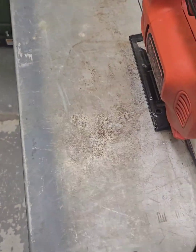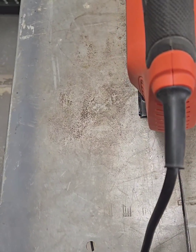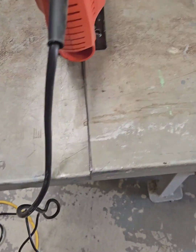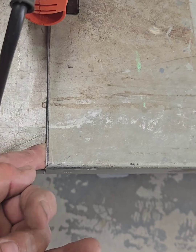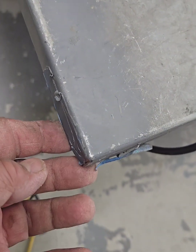And now trimming the metal off one side here. This is a nice cap on there. So I cut 1 inch long, and I'm gonna go ahead and do the same sort of thing over here, bend it down, and